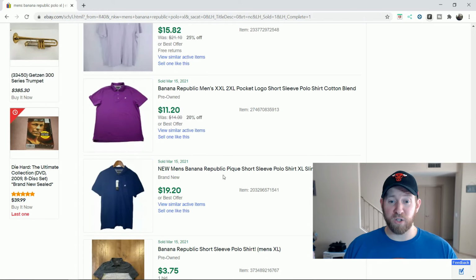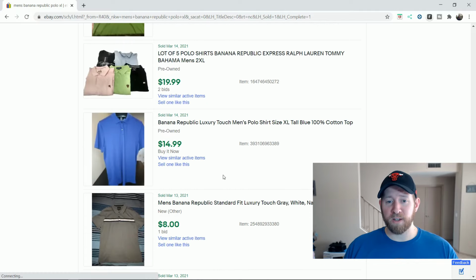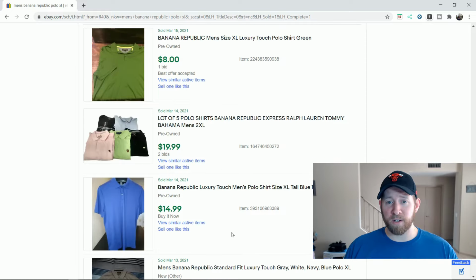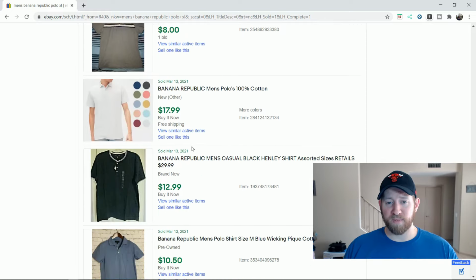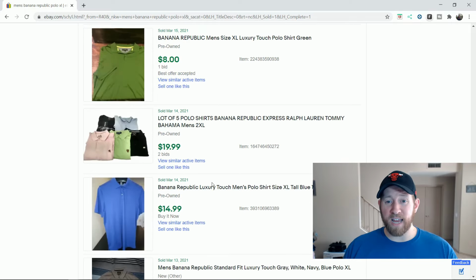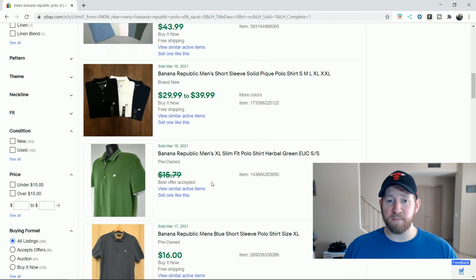Probably like $12 free shipping, based on just where it is. Some of them are really low, but some you can see are getting like 15, but this one's like a luxury touch. Some are 8, even brand new, but that one's not a Polo. That one's getting 10, so I'd say 10 to 12 free shipping is where I would price that item,